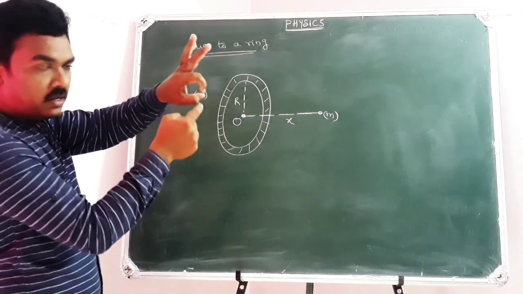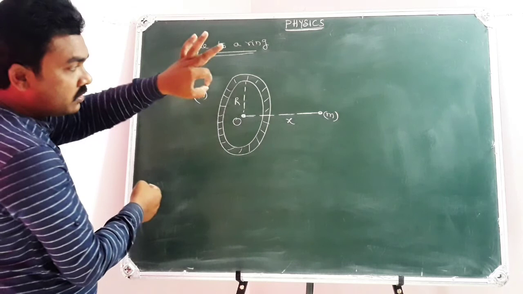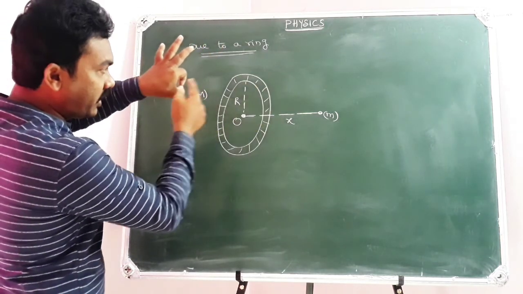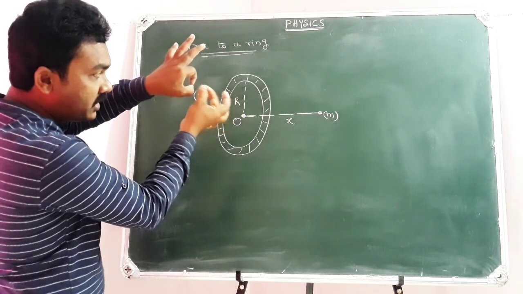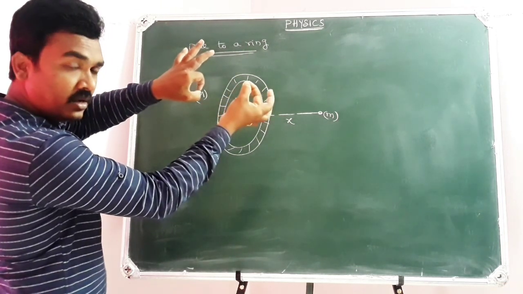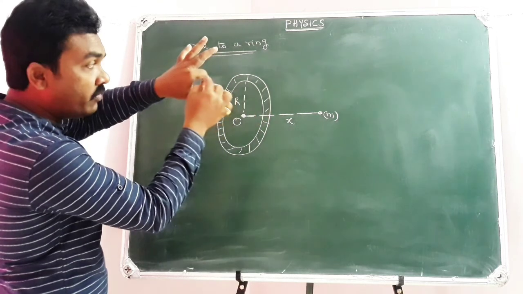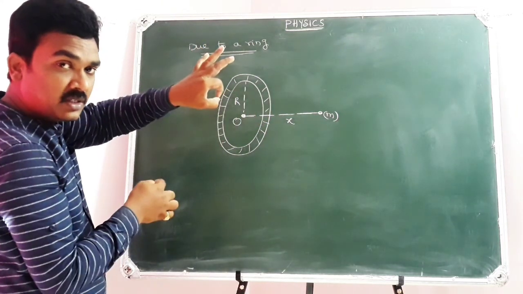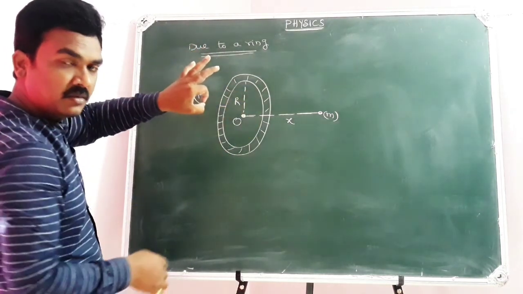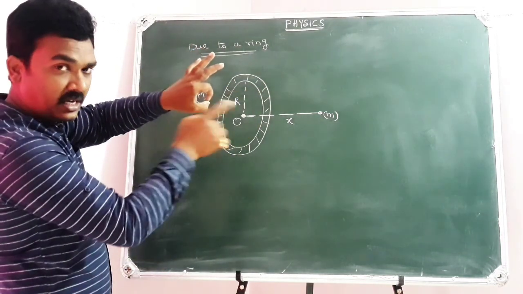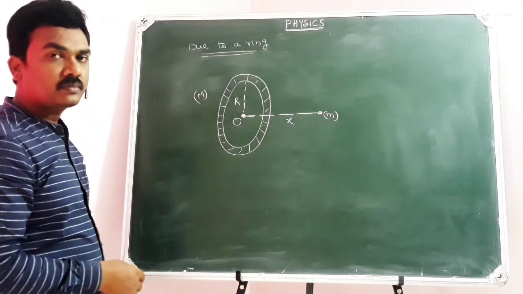See, this is your ring. You are placed like this. Now this will be the axis of the ring. Here there is a point mass located. So when the point mass is located on the axis of the ring, it will be symmetric about every point on the ring. It means it will be equidistant from any point on the ring. If you join all these lines, you will get a conical shape.